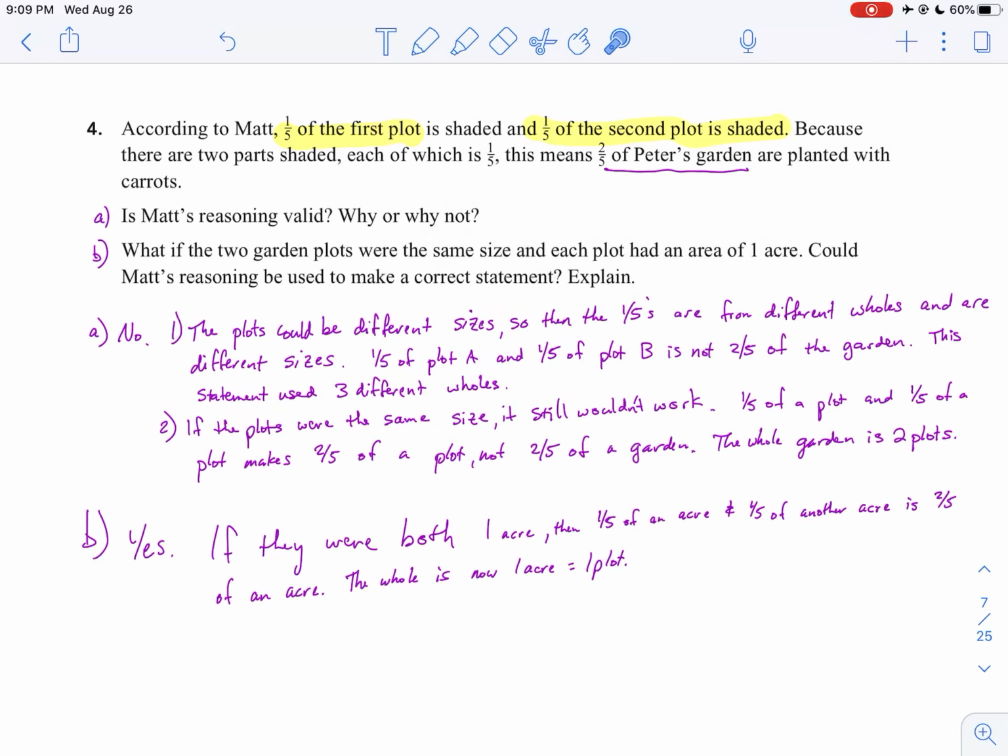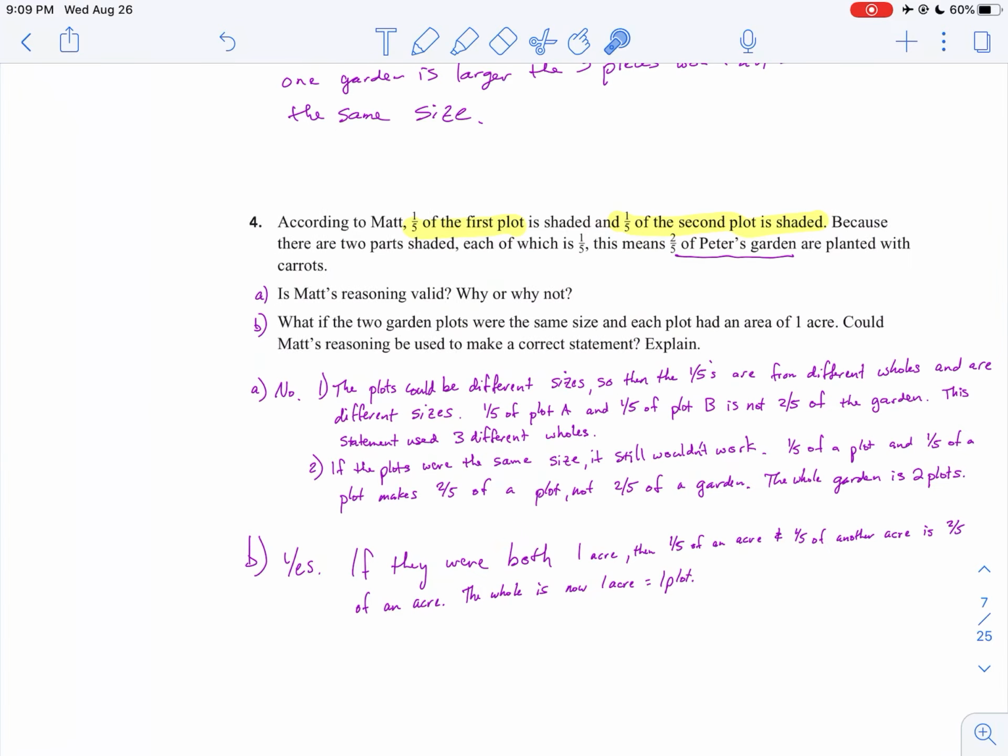then the one plot with the carrots is a fifth of an acre, the other is a fifth of an acre, and together that would be 2/5 of an acre. And what we've really done is gotten away from the garden and we've looked at a new whole, which is an acre, which happens to be the same as a plot. So in that case, a fifth plus a fifth equals 2/5 of an acre does work out. Now, let's go back to the front page